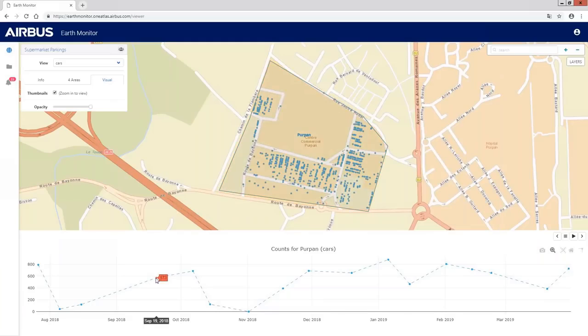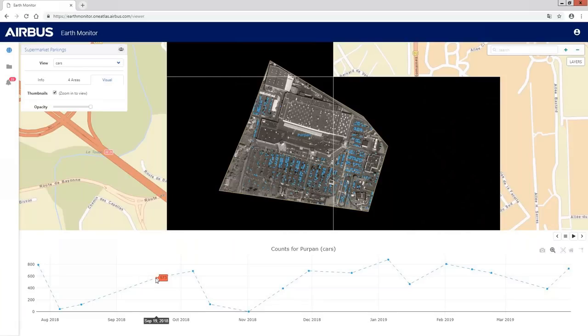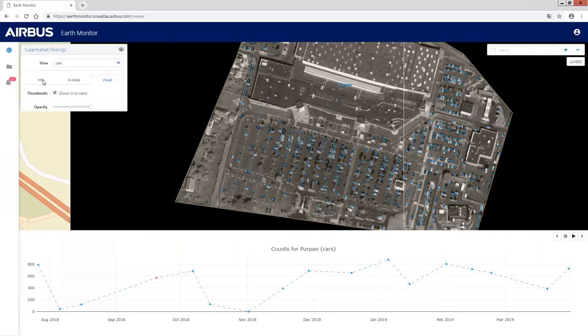For example, in October, I have around 600 cars. And if I click on this, I can see the image used by the tool to count the cars. I can zoom in. We are here at 50 centimeter resolution, very high, and I can again see the details.